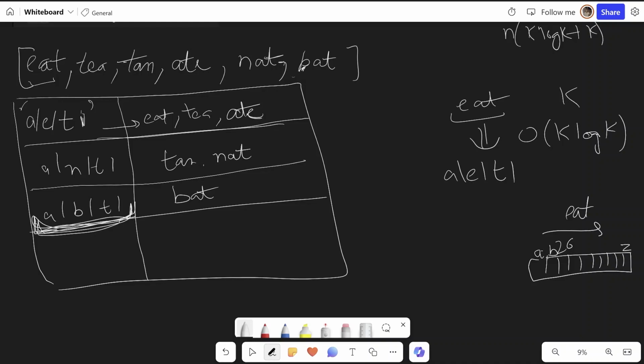So for A, E, T, I would store 1 in the first place, 0 for every other, and for E, whenever we reach E, so 1 here, and somewhere there will be T, so that will be 1, rest all will be zeros.